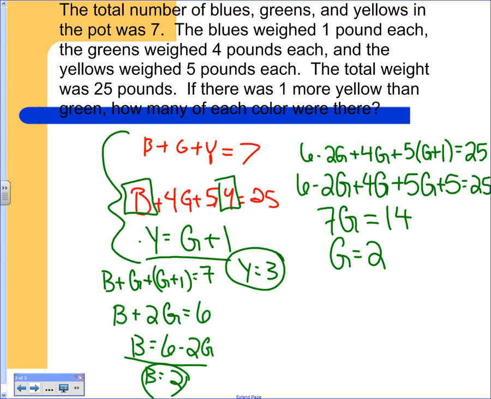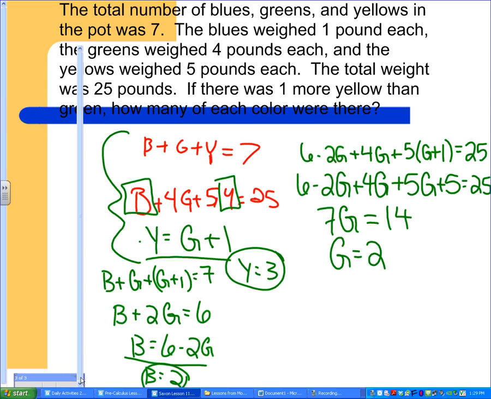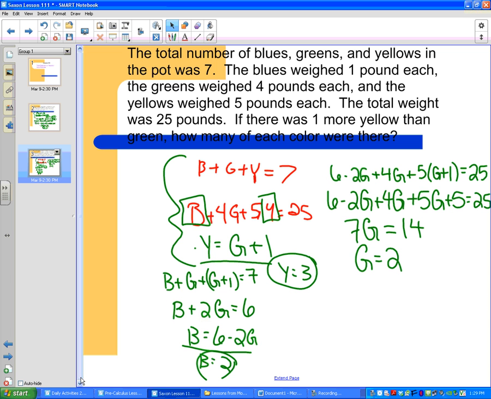Any questions on these? Are these that much more difficult than what you've done before? Not really. No questions? Yeah, you have to make your equations correct. And after that, you can solve them. Substitution, elimination. If you want to do guess and check, you can. Might take a little while to do guess and check, but